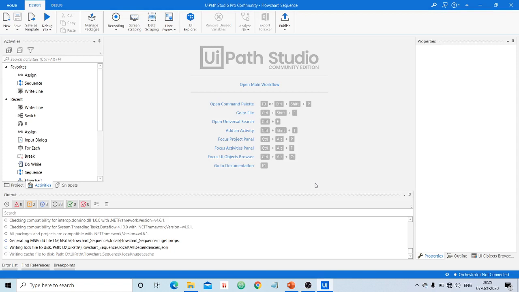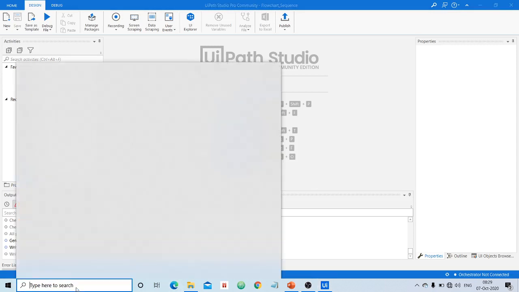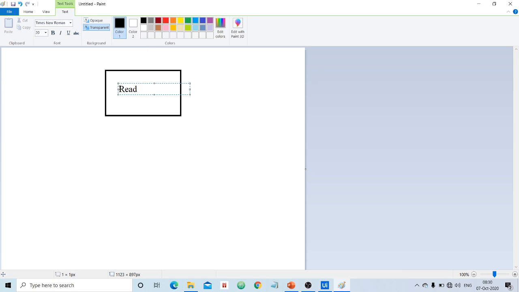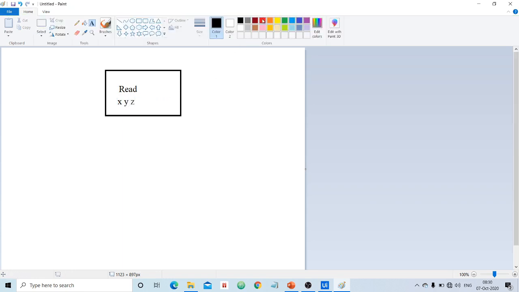Okay, let us assume our aim is to take three inputs from the user. After that, we need to perform an operation on those three variables. And finally we need to print the result, right? Now I will clarify what our aim is. First, we need to perform an operation called read. It has to read the values for three variables, let us say x, y and z. Then it has to perform an operation on those three variables. Let us be specific.